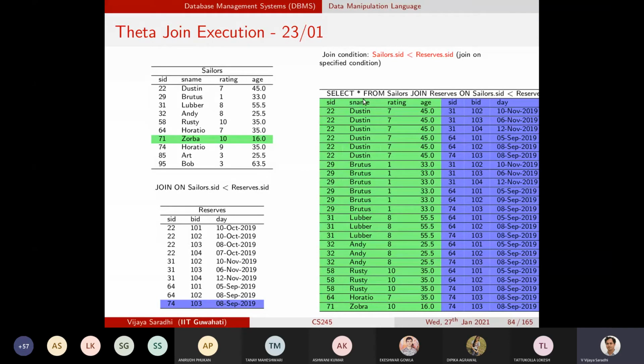If you say select star from sailors comma reserves where sailors.id less than or equal to reserves.sid, first and foremost it will perform the cross product. And you have 100 records in the cross product, right? And then it will apply the where condition. You will not get identical answers.